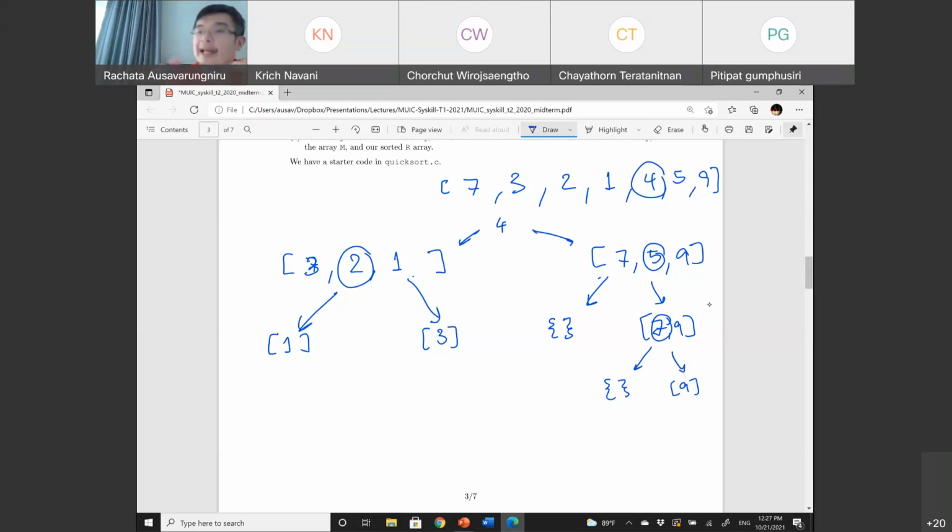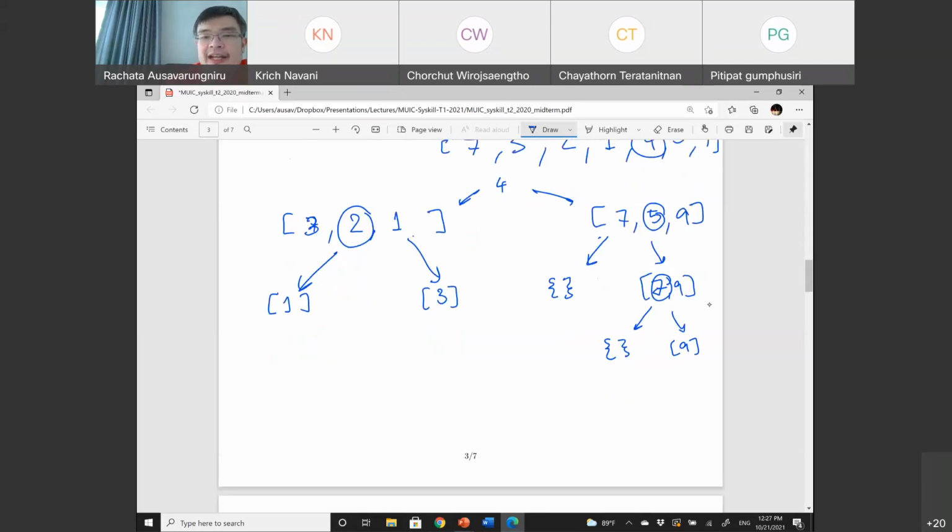And then when I merge it back, I start from the bottommost. I merge this together. So I have 9 at the end, you have 7 in the middle, and I have an empty set. Then you merge it with this. You have an empty set, followed by an empty set, followed by 5, which is the middle guy here, and then the 7 and 9 that you have from the right side.